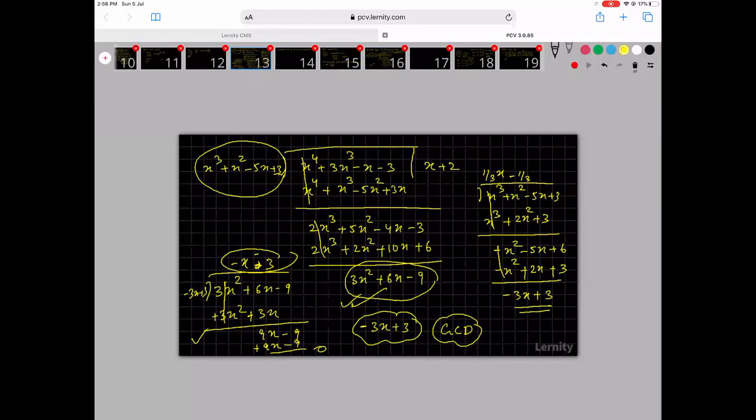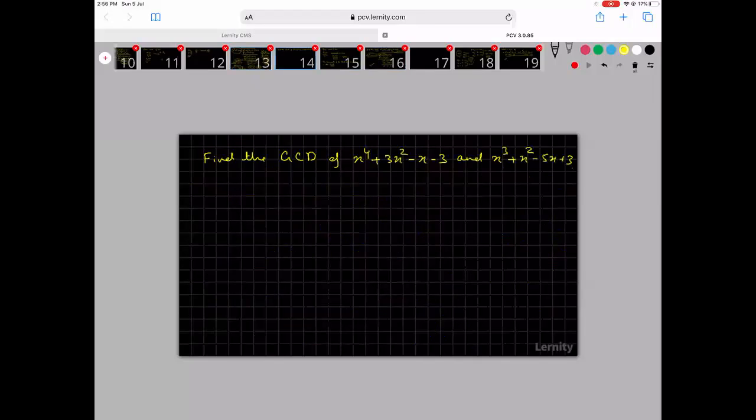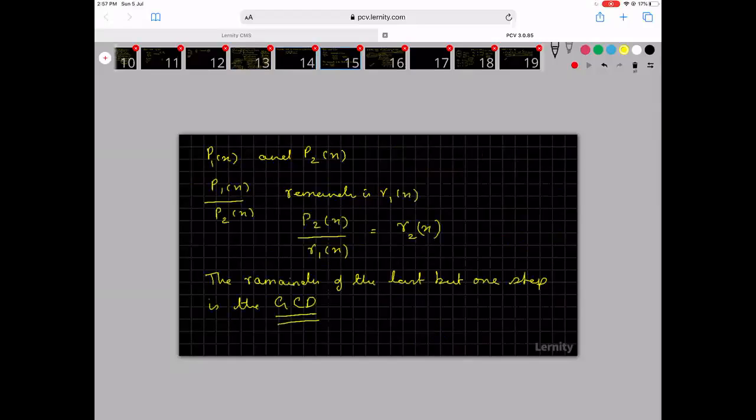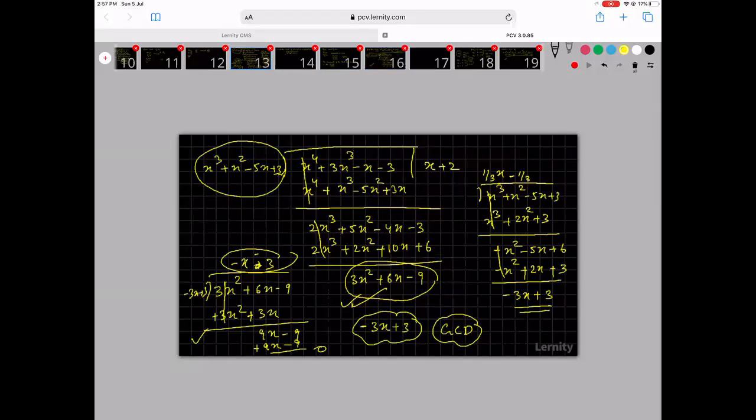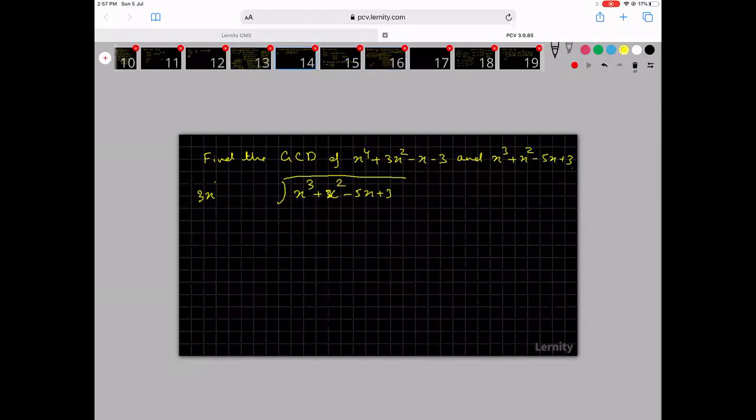Yeah, then what did I do? Then I'll just go here and take x cube plus 3x square minus 5x plus 3 divided by 3x square plus 6x minus 9. So let me divide this. So here I'll first have 1 by 3x. So when I have 1 by 3x, I can say that this is equal to x cubed plus